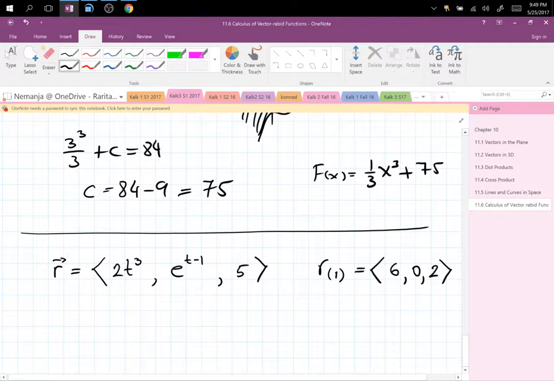So now once you integrate the vector 2t cubed, e to the t minus 1, and 5 dt,